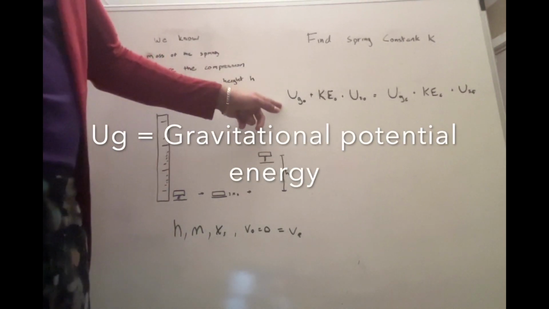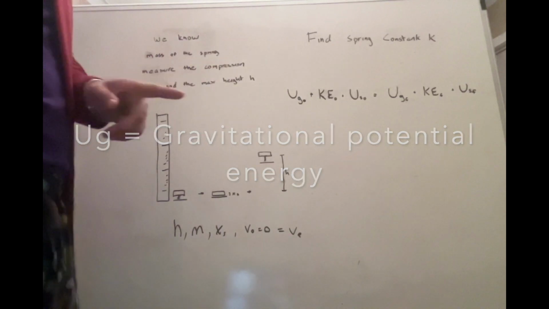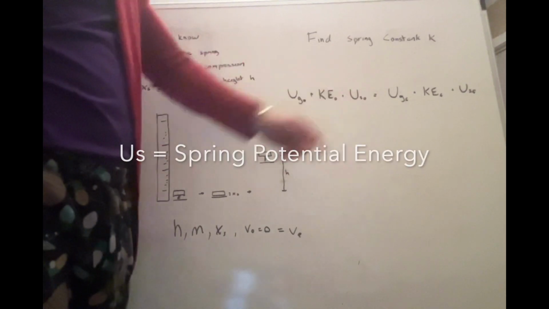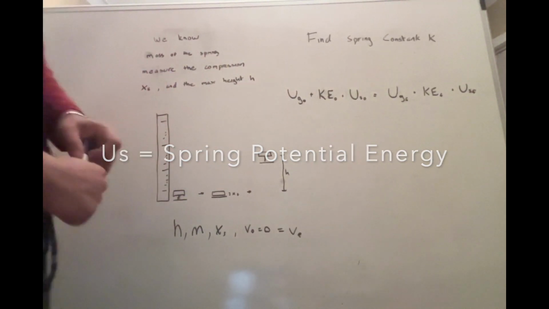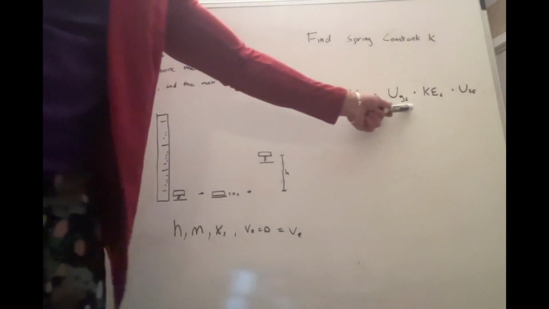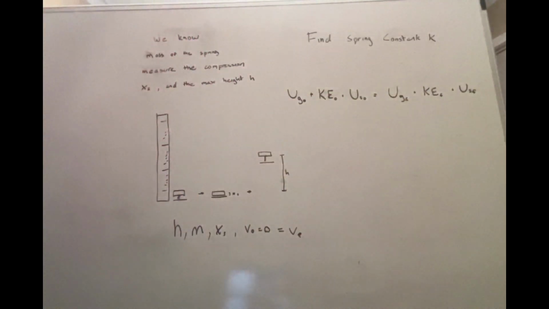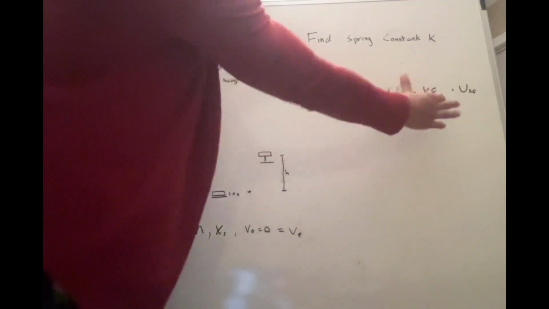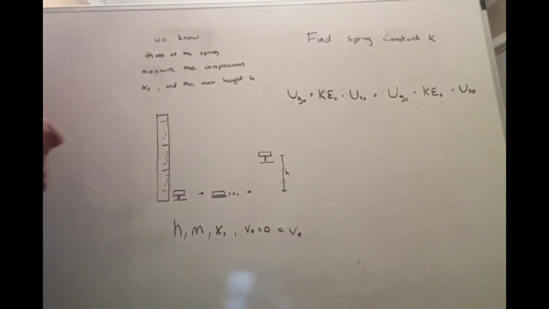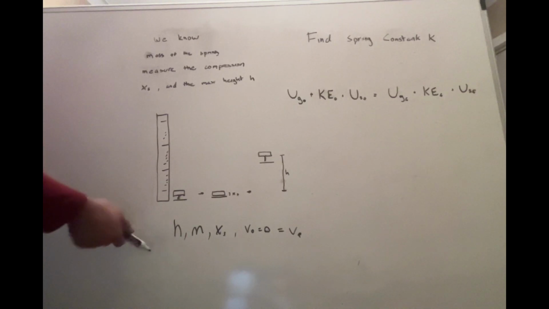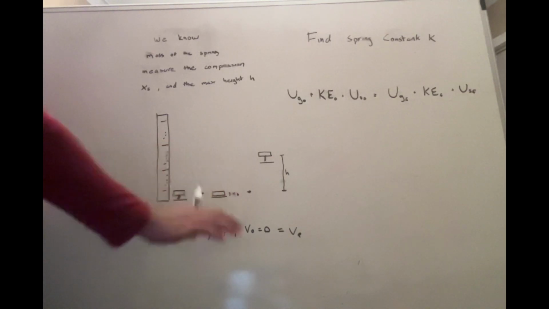UG is the potential energy due to gravity, KE is the kinetic energy, and US is the potential energy due to a spring, and the little zeros I have are the initial, and the little F's subscripts are the final, meaning that all the energy at the start should equal all the energy at the end. This is due to energy conservation, and assuming you did your trials and you found your average h and you found your compression of the spring x,